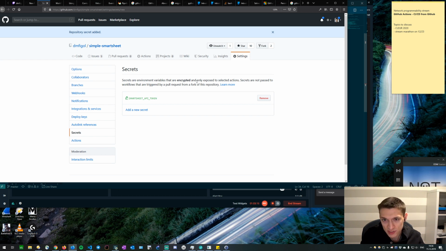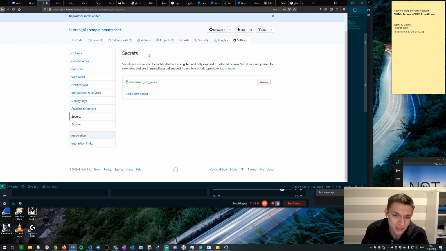But what they're saying here is that if you fork and open a pull request, GitHub will not give you access to that secret. That's smart, because GitLab doesn't do that, and I actually had to put some additional safeguards in GitLab CI specifically for that. The reason is that my tests run on the